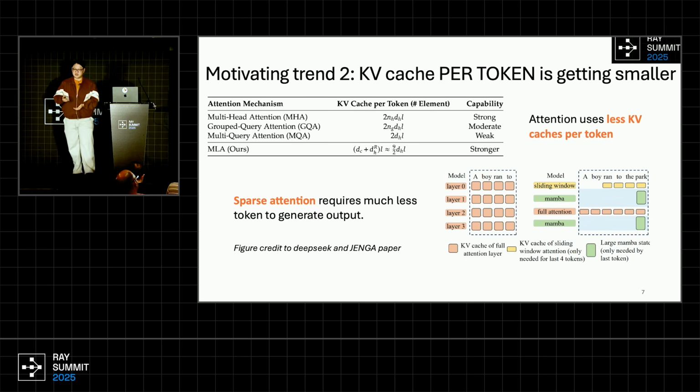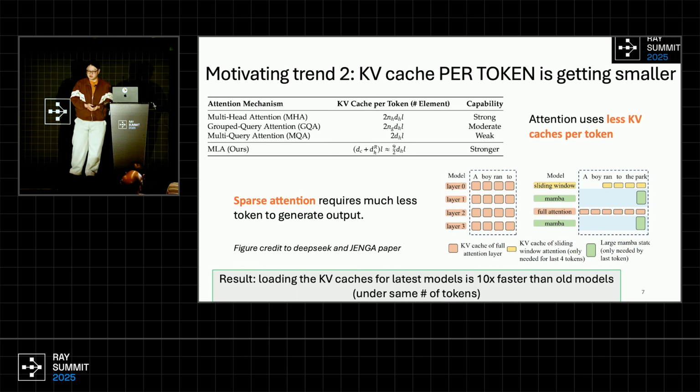And what does this mean for the KV caches as data? It means that loading the KV caches for the latest model is 10x faster than for traditional models. It's just because the attention data per token is getting smaller, so loading the KV caches for the same amount of tokens is simply getting faster. And this makes storage a feasible solution. You can load the data faster, it reduces your TTFT, it becomes faster than prefill, and it just starts